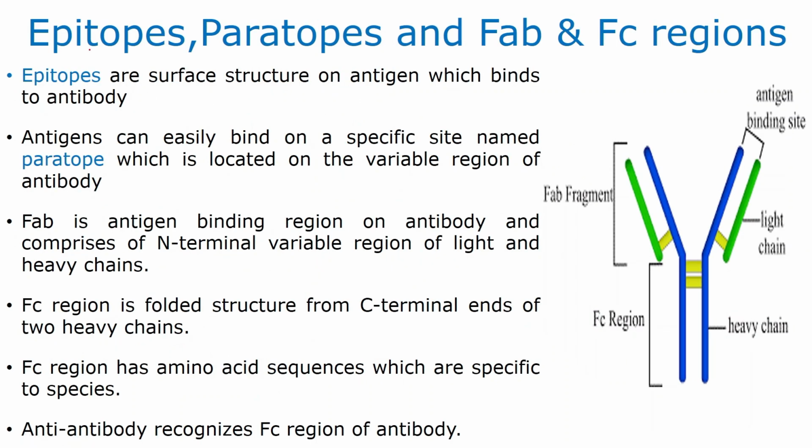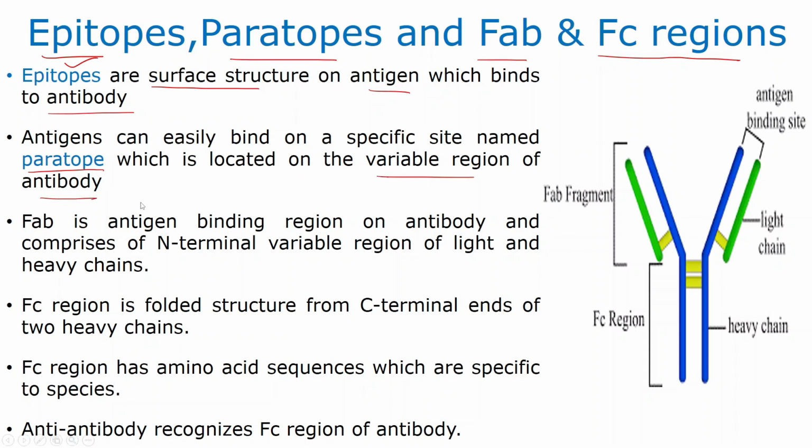Okay, now let us see about the epitopes, paratopes, Fab region and Fc regions in the structure of the immunoglobulin. Epitopes are the surface structures present on the antigen which bind to the antibody. The part of the antigen that binds to the antibody is known as the epitope, whereas the part of the antibody to which the antigen binds is known as the paratope. So the part on the antigen is called the epitope, whereas the part on the antibody is called the paratope. Antigens can easily bind at the specific site named the paratope, which is located on the variable region of